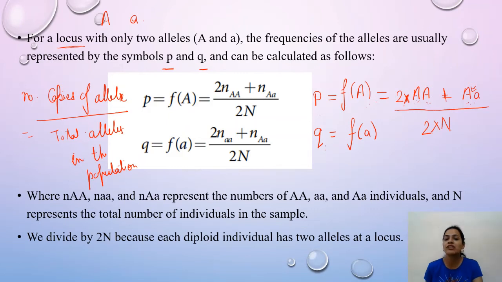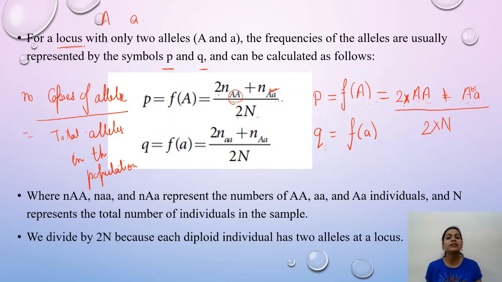That is what is mentioned here. Here NA represents the number of individuals having this type of genotype, which is multiplied by 2, plus the number of heterozygous individuals. Why have we not multiplied by 2? I have already told you, because this heterozygous individual has only a single allele. Okay, and we have divided it by the total alleles because it is a case of diploid individuals, so we will just multiply it by 2.